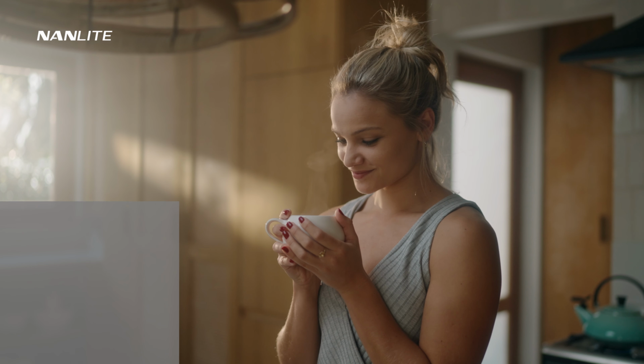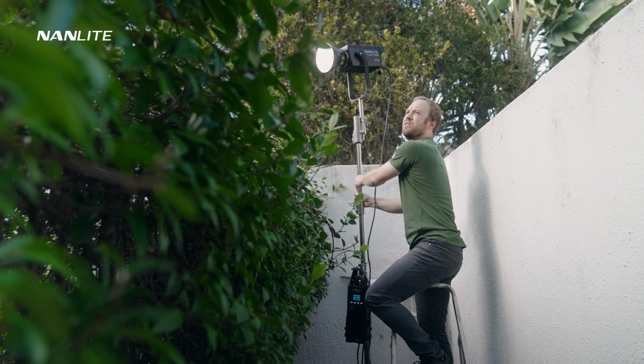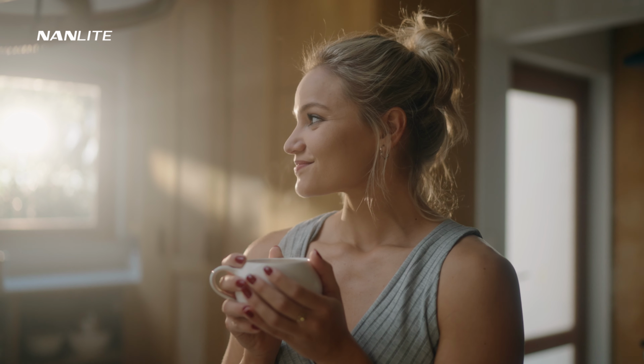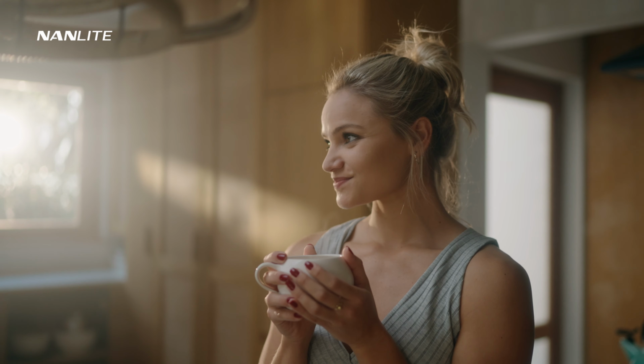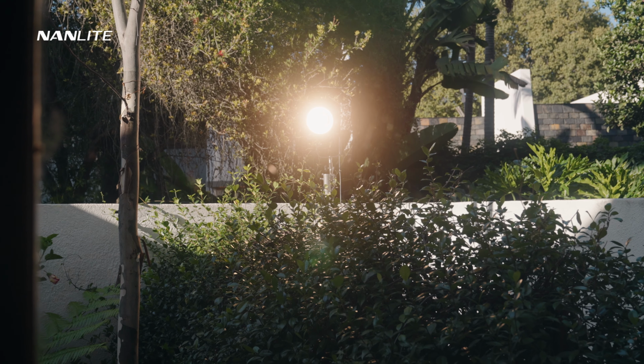First thing to note is that we're shooting from the shadow side with the brightest light source behind our talent. In this case, the window. To motivate the window light, I'm using the Forza 720B with the standard reflector dish to fill the entire room, imitating morning sunlight coming in with a nice warm feeling coming from the bicolor set at 2700 Kelvin, most prominently